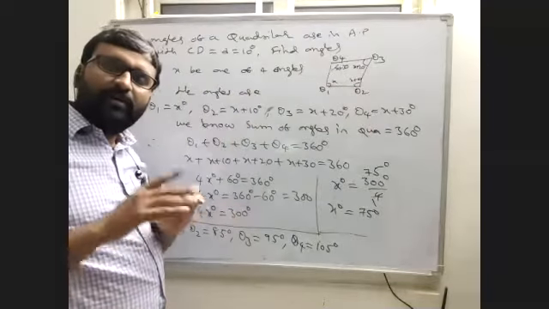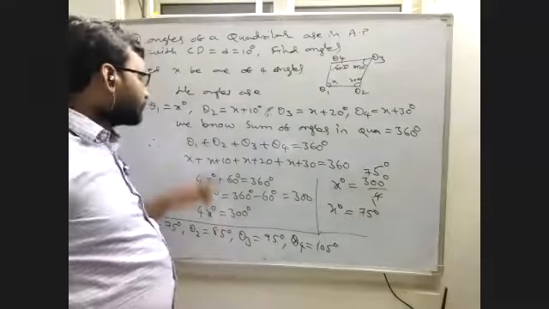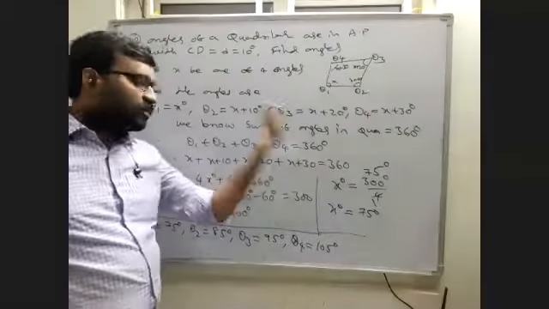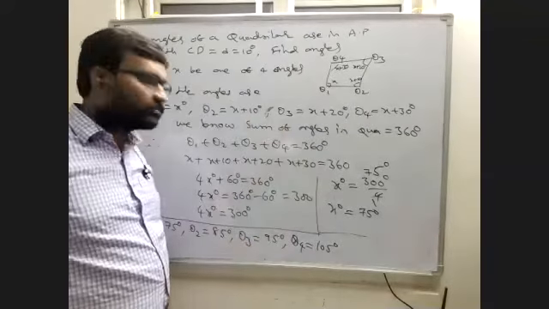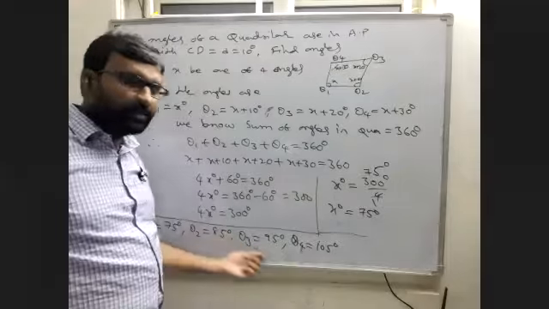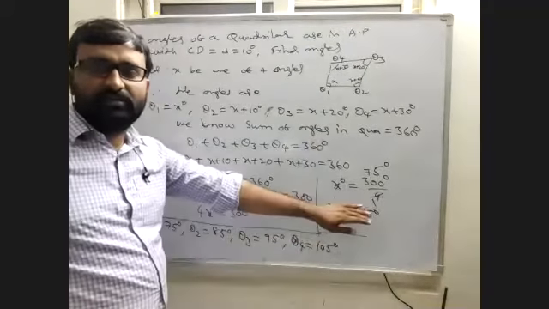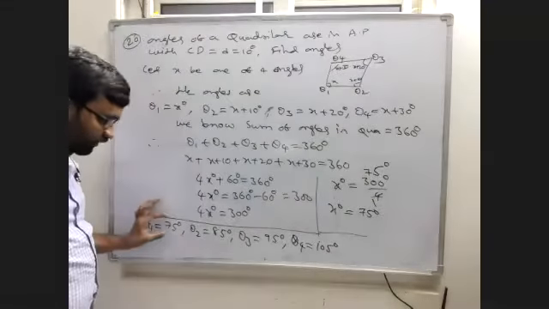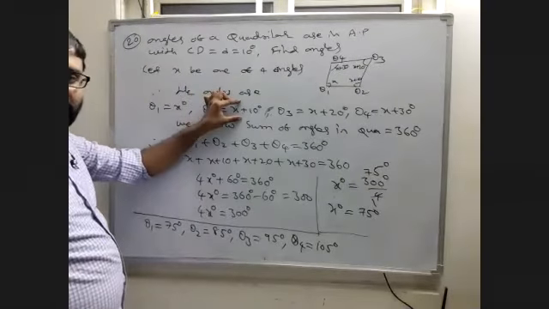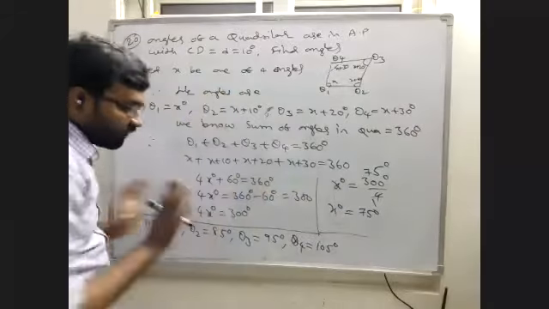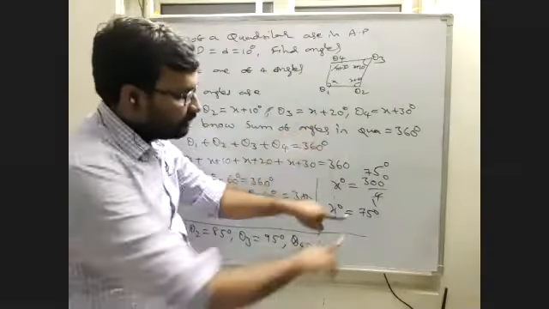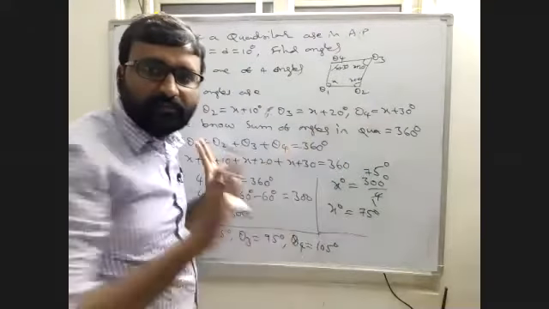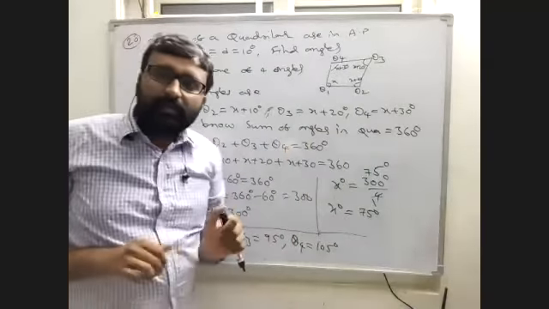Now we know the sum of angles in a quadrilateral is 360 degrees. Theta 1 plus theta 2 plus theta 3 plus theta 4 is equal to 360 degrees. Now we wrote what the theta 1, theta 2, theta 3, theta 4 values are. By simplification we got the value of x is 75. Now we have to find all angles. First angle theta 1, x means 75. Second angle theta 2, x plus 10, means 75 plus 10, 85. And x plus 20, third angle, 75 plus 20, 95. And x plus 30, that is 75 plus 30, 105. Okay, I think everyone understood.